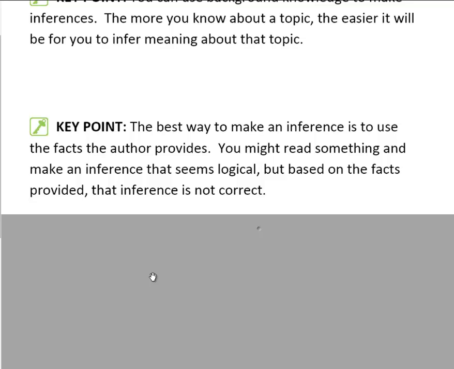Also, when doing an inferences activity, and you're not going to like this, you might have two choices that both seem right. How are you supposed to make a decision when both of them seem right? Well, you have to choose the one that's more right. How are you supposed to know which one is more right? That's the choice that is backed up with facts. We can never lose sight of the information that the author gives us when we're trying to make an educated guess. If the author gives you information, use that fact to help you figure out what would be a logical inference.